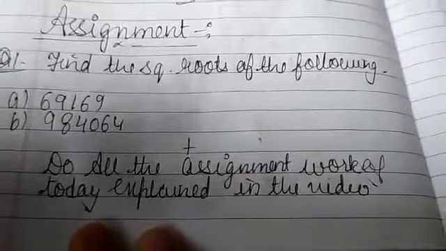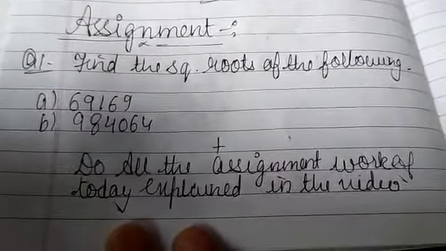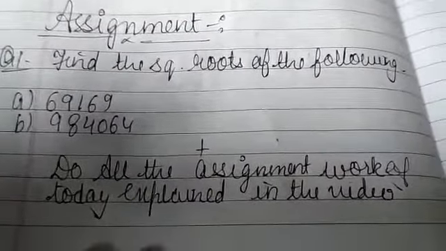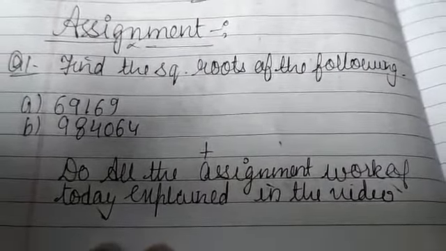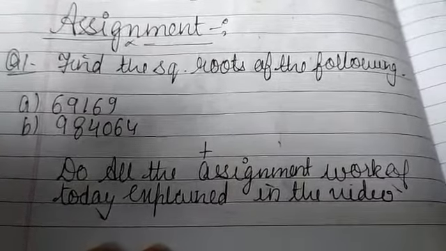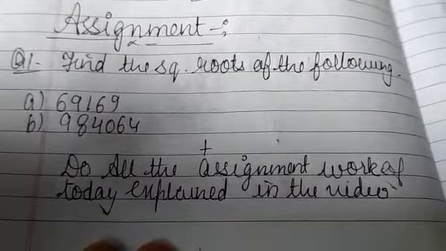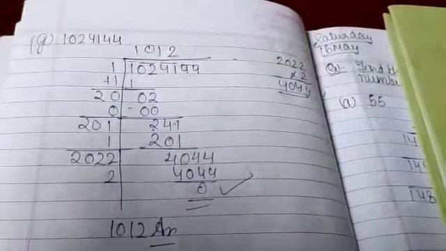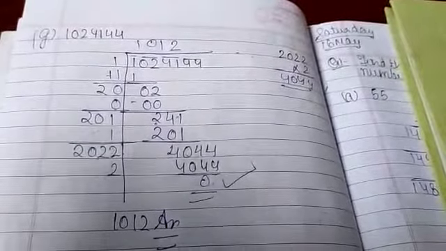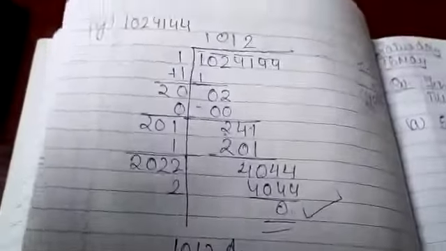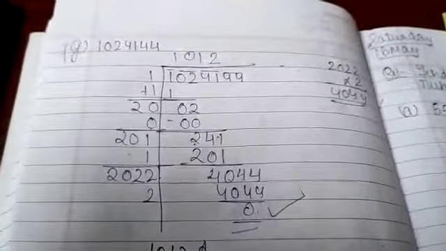Students, these are the assignments for you all for today. Only 2 questions I have given you. What you will do, watch the videos properly for better understanding, and please copy the questions and try to do the solutions yourself. And students, please remember that you all have to do each and every work explained in the videos, so that you do not face any problem at the last, because this work is not going to repeat again. Correct? I hope you all understood. Thank you all.